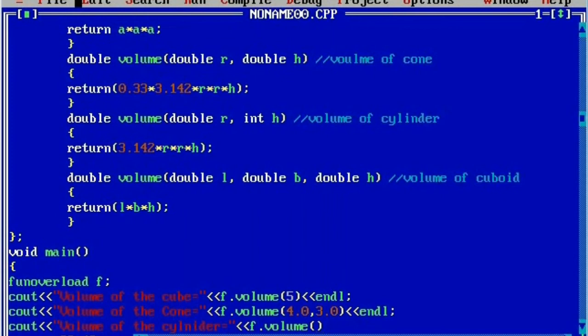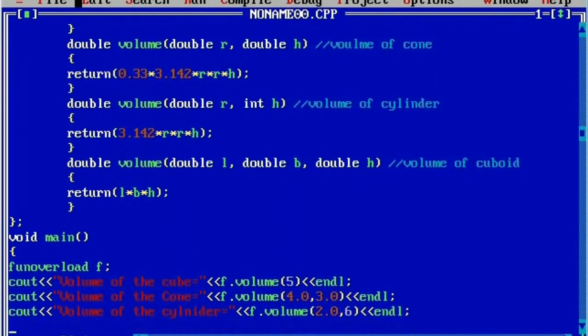Here you can see in the volume of cylinder we have used double and integer type of data. For the double type of data I'll pass the argument as 2.0, and for the integer type of data, for example, I'll insert 6. Then put semicolon. Cout, in a double quotation mark you write again volume of the cuboid